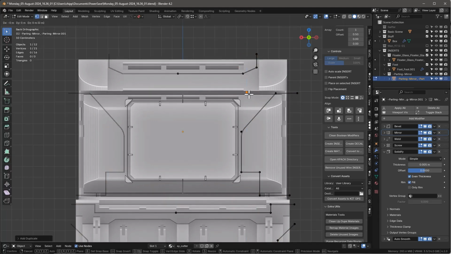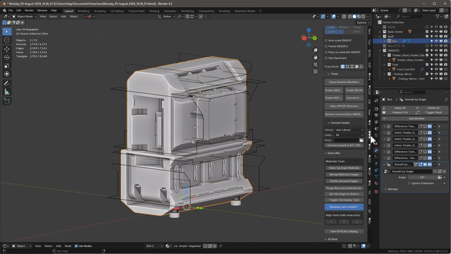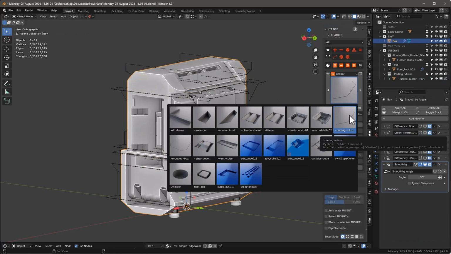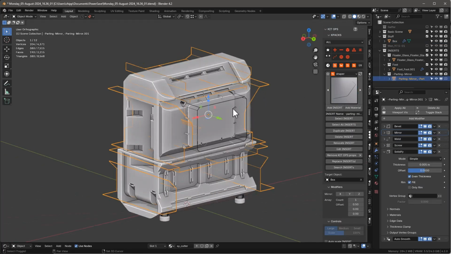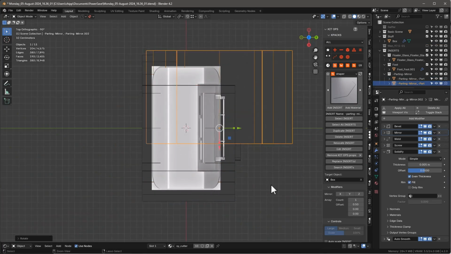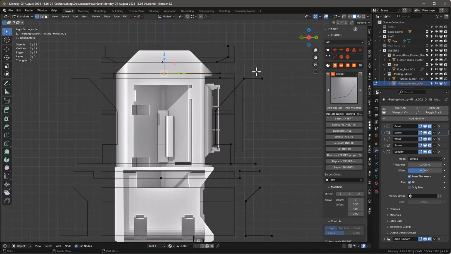One thing that's nice about this particular insert is that you can grab any one of those verts and give it a vertex weight, and it'll actually bevel it. So you can adjust it in the bevel. I'm taking this now, and I'm going to move it over here. And there we see that we've got